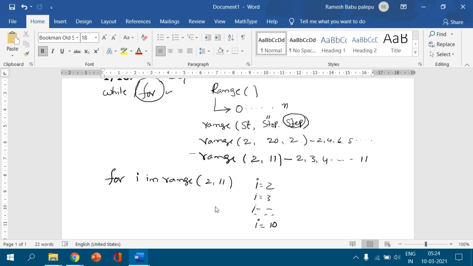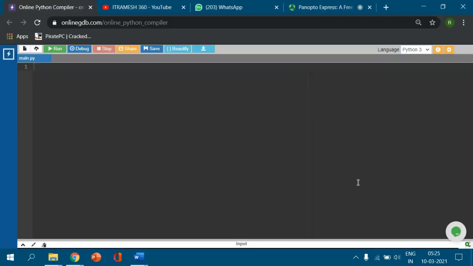Then we simply print 1 by 2, 1 by 3. Suppose I consider a variable x equal to 1. I simply print the result of x by i. That means 1 by 2 the first time, 1 by 3 the second time, because the x value cannot be changed, and 1 by 4 the third time, and so on up to 1 by 10. So this is the programming logic, my dear friends. I will directly go to the Python online interpreter, write the program, and explain how it works. Please observe.